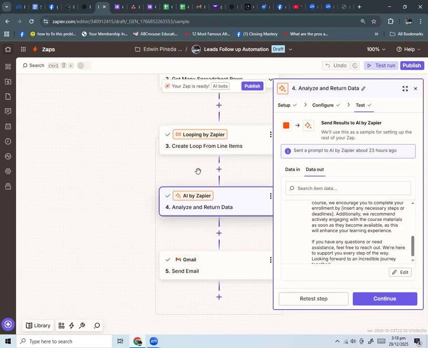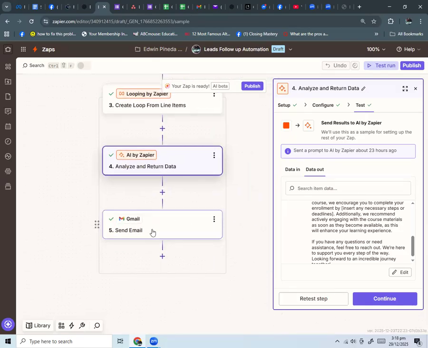So to set up this AI, you have to provide all the necessary information needed by this AI tool to generate the content. And then finally, this will be sent